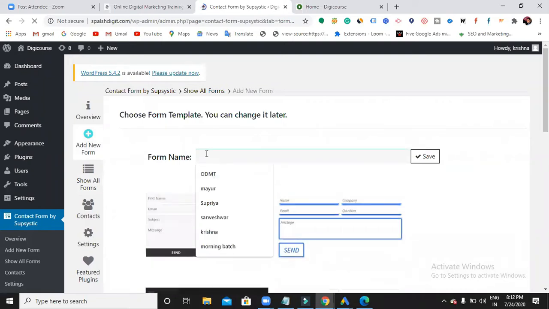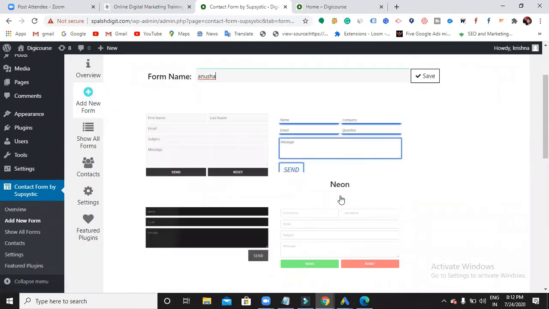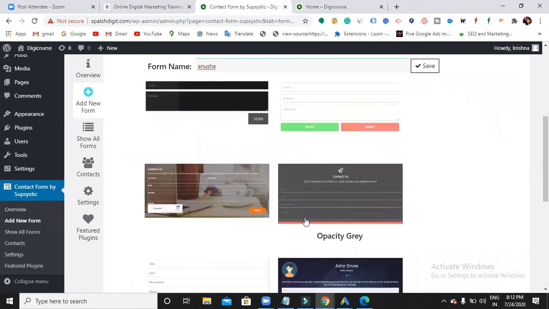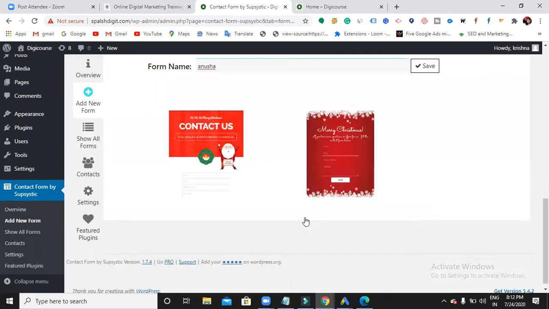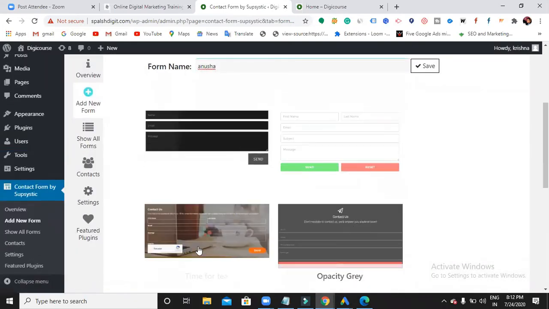So form name. So here comes again the forms. Again, how you select the themes, the same way you are going to select the format of your contact form plugin. So there are many things. According to your requirement, you can just choose it.